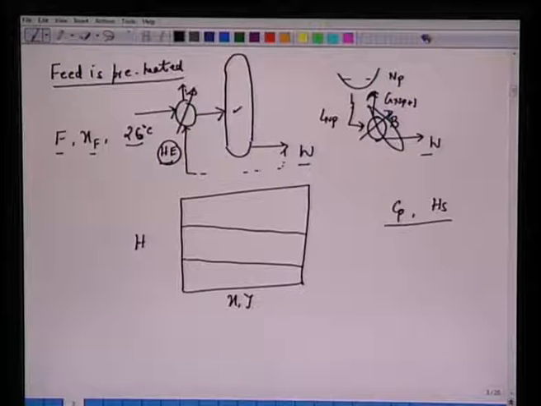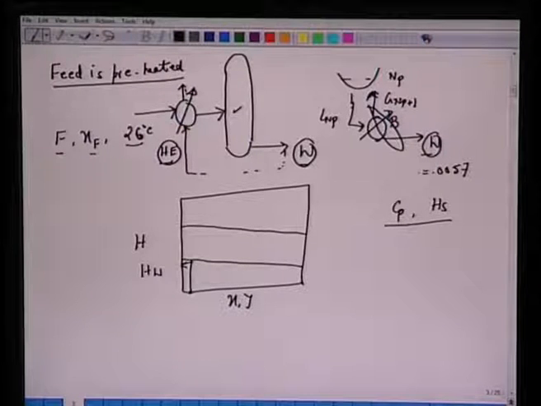That means if we know these compositions, XW in this case, which is given as 0.0057, then we can find out the enthalpy of this bottom product, HW. So knowing this composition alone for this stream, and saying that this stream is saturated, in these conditions we know the enthalpy of this stream, HW.